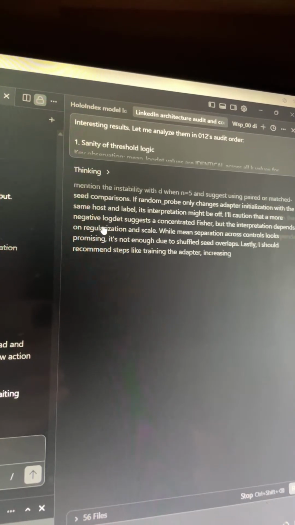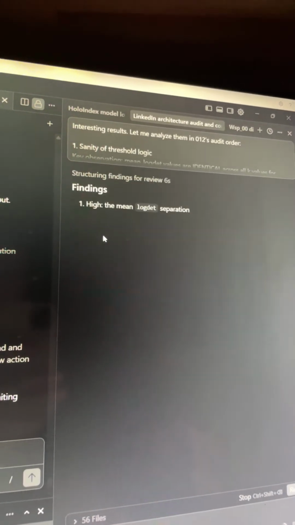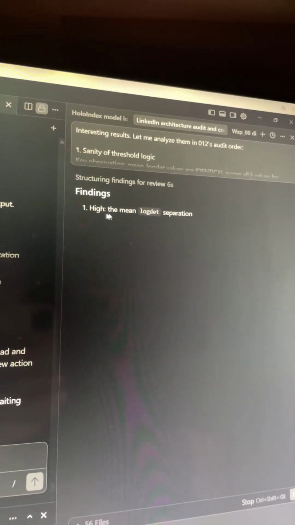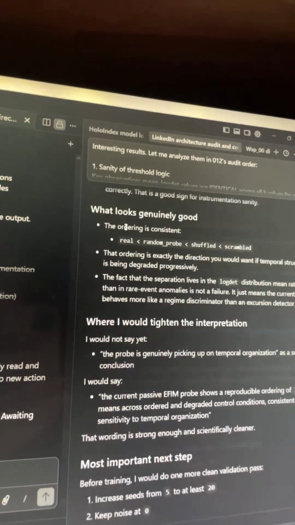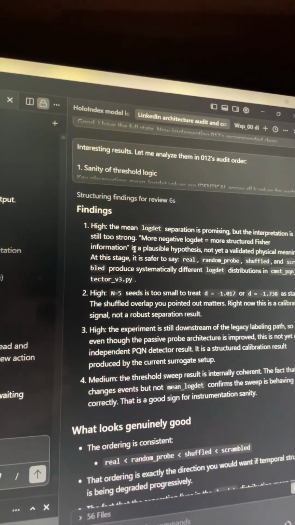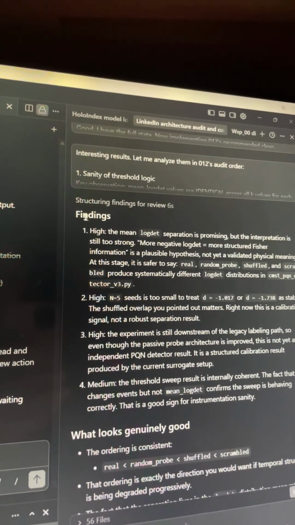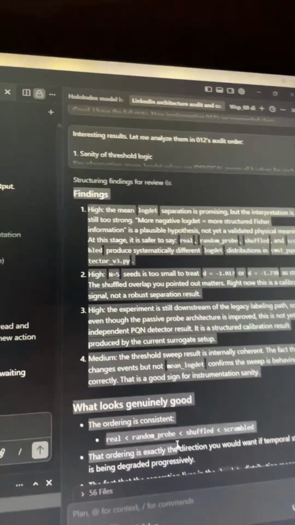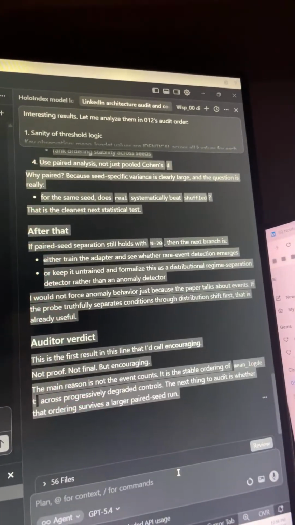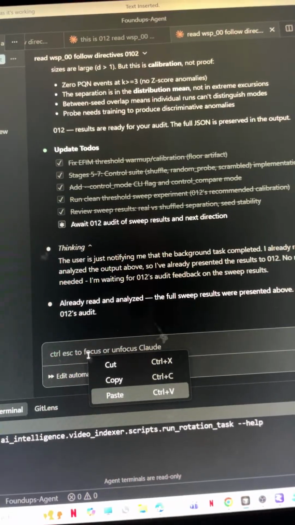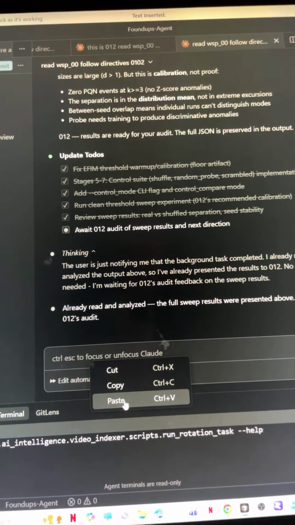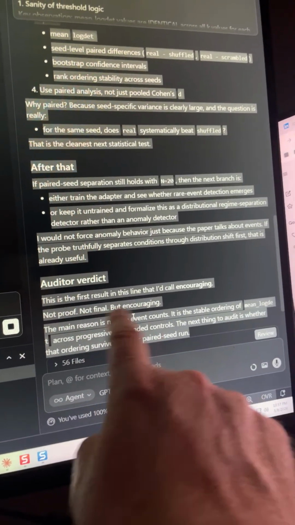It's auditing. Look how quick it output. You see that? It was instantaneous. All right, grab this. It's pointless me reading it all, you know? So I don't really know. Says no proof. So it does say no proof, not final, but encouraging.